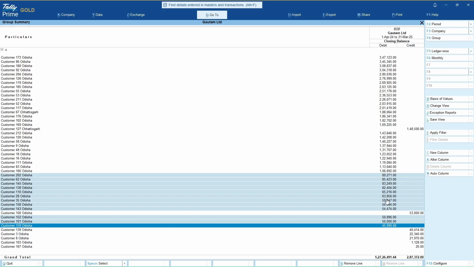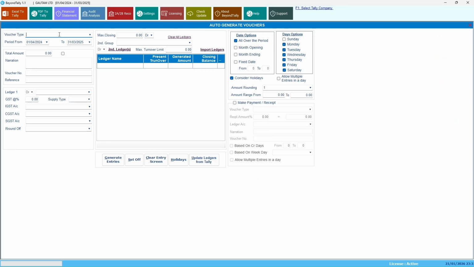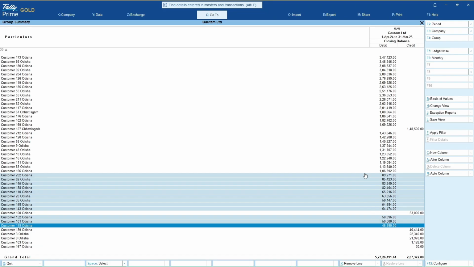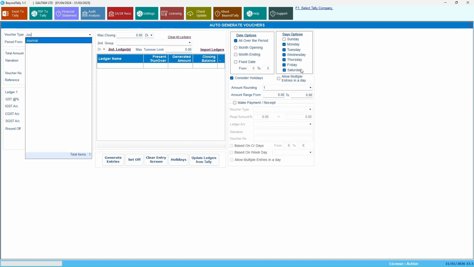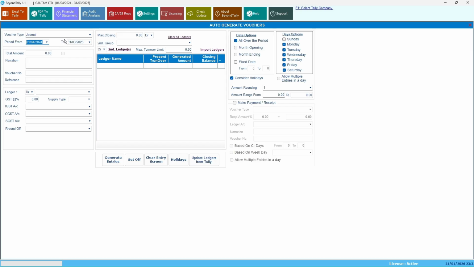So for all this, our client told that, sir, we have received the amount, and we just have to square off the ledgers, or the amount was not received and it was a bad debt. Ideally, what we can do is, for booking the bad debt, we can go to journal. We can give the date as the last date of the financial year. Amount should be blank,